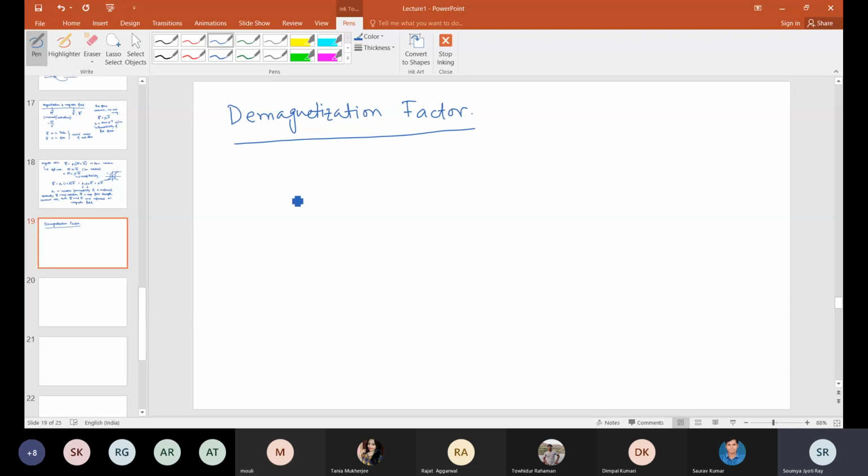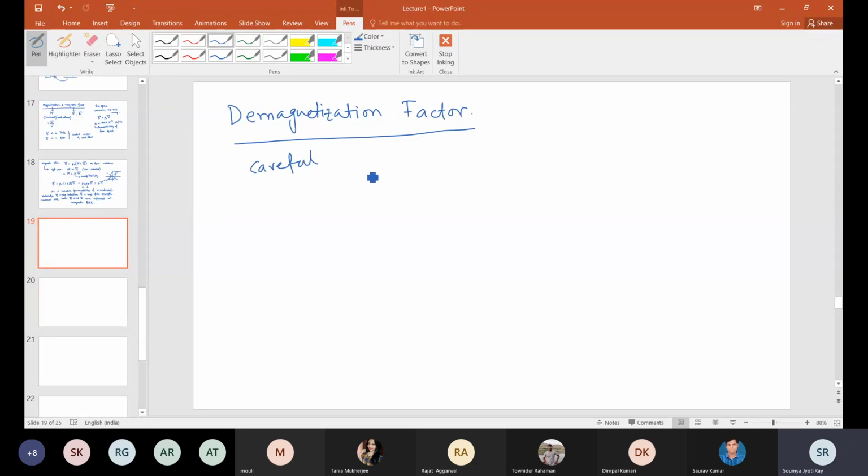Why is this important? Whenever we are measuring the magnetization, this demagnetization contribution can add some confusion, or some error, into the actual value of magnetization that is coming from the material itself. So we have to be careful